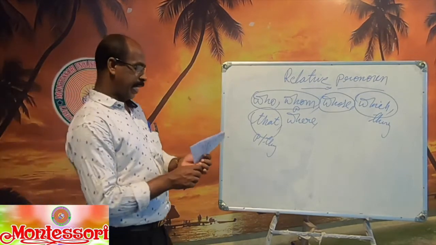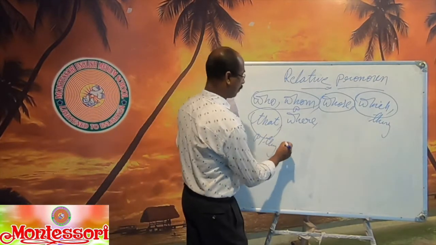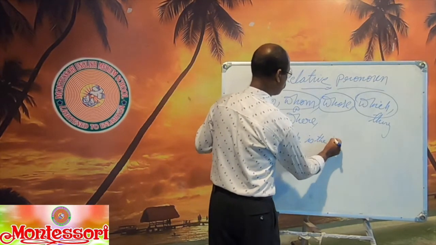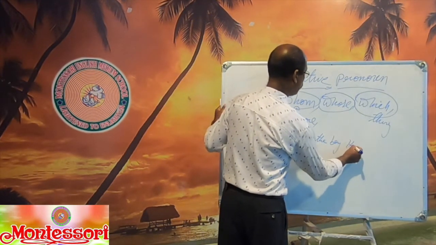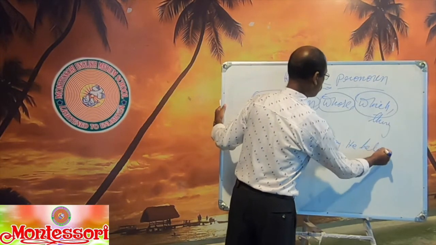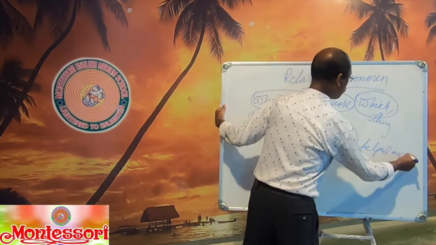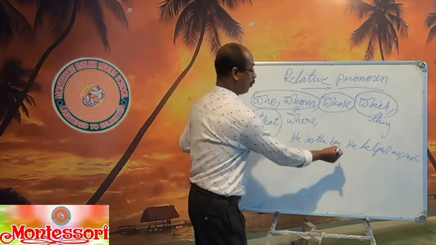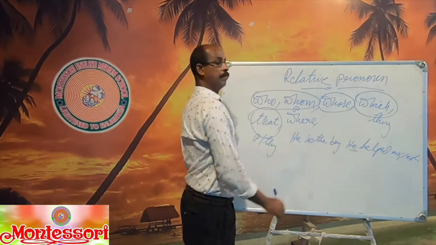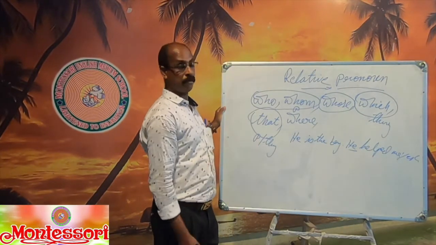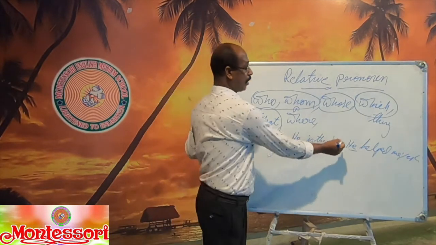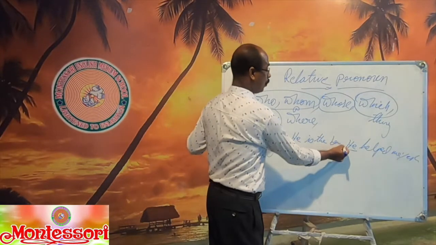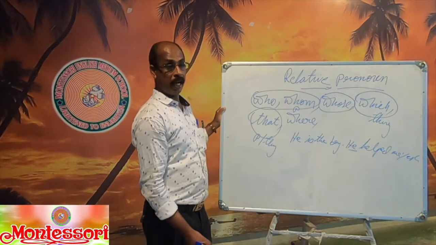For example, he is the boy, he helped me yesterday. He is the boy, he helped me yesterday. Which word is repeated? Okay, he is repeated. He is the boy, he. Instead of he we can use a name also. Here he is repeated, the pronoun is repeated. So it is two sentences. You see a full stop. Two sentences, and then he is repeated.